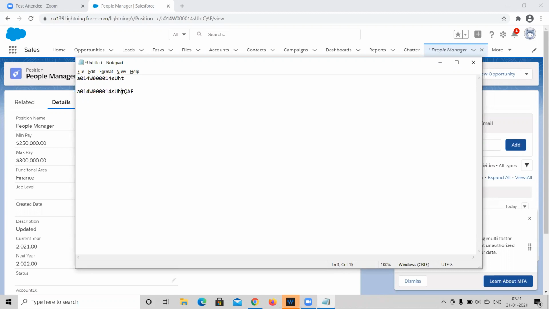Because when we are dealing with Salesforce data outside, the ID should not be case sensitive. Only internally in Salesforce, whenever we are dealing with the records internally, we use the 15-digit ID, which is visible because in Salesforce the record ID is case sensitive. But the 18-digit ID should not be case sensitive when we are dealing with the data